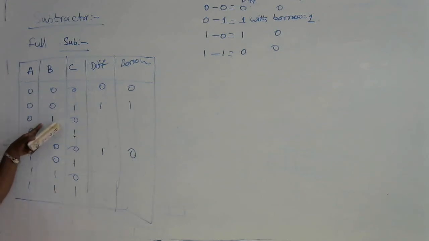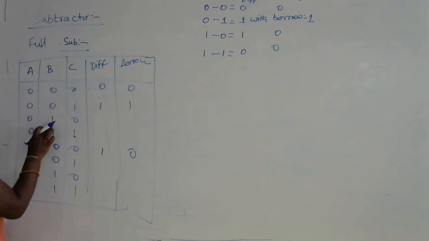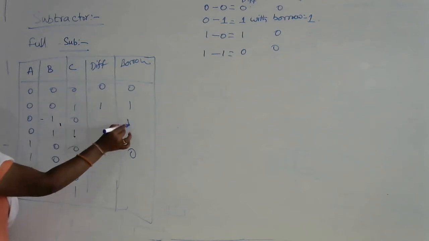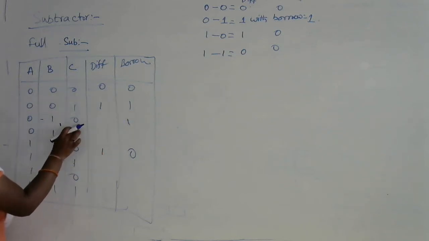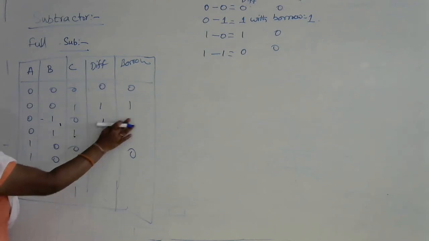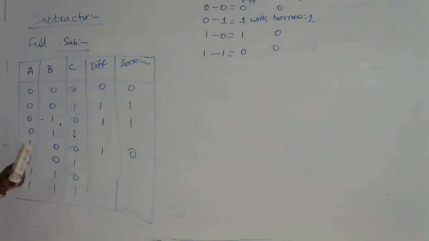Now let us see for this one, 0 minus 1. Here 0 minus 1 is, borrow is 1, difference is also 1. 1 minus 0 is 1 with borrow 0. So here we are getting the term in this way. Similarly, for the next one, which is equivalent to